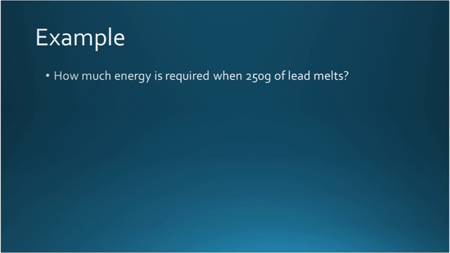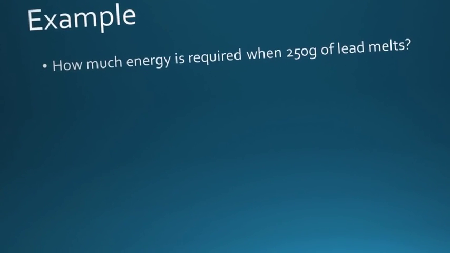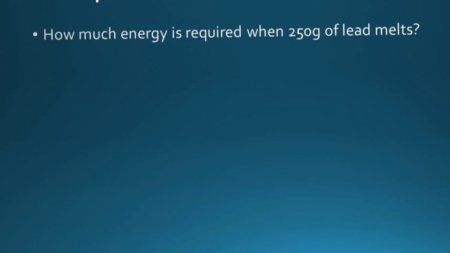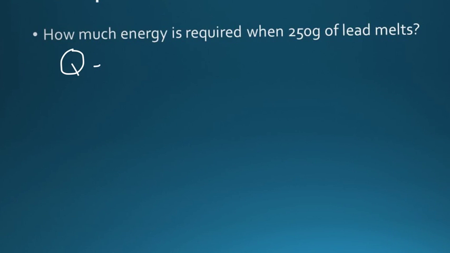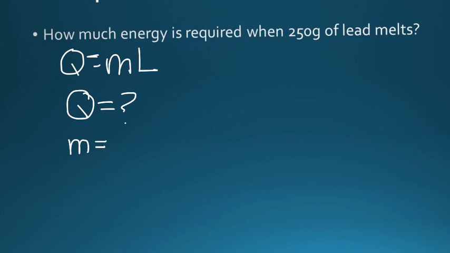All right, so let's do an example. Let's figure out how much energy you need to melt 250 grams of lead. So we're going to start by writing our formula down like we always do. Q equals mL. Write down our knowns and unknowns. We don't know what Q is. M is 250 grams. L from my table is 20.4 kilojoules